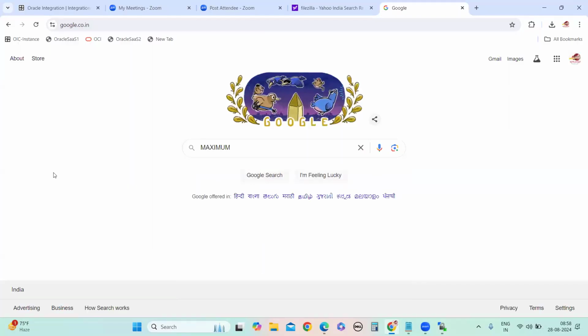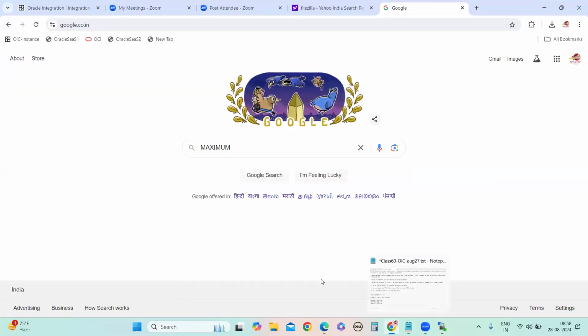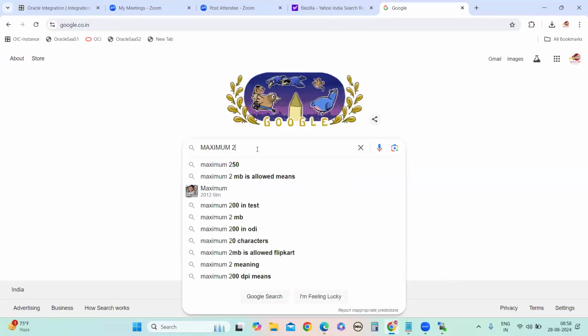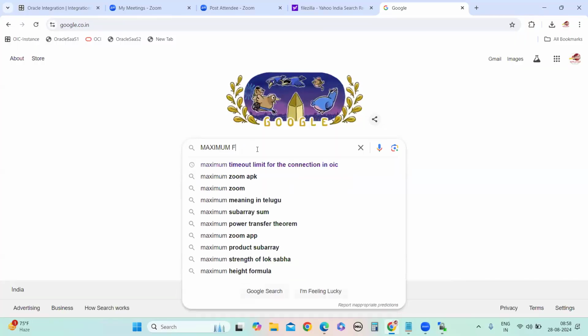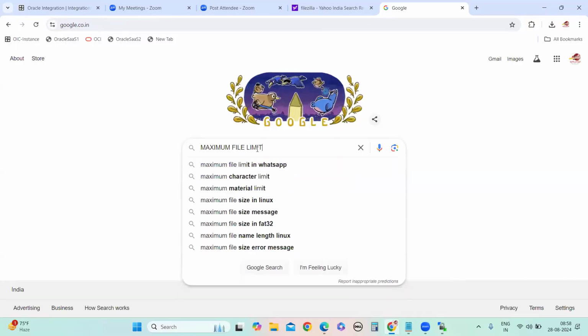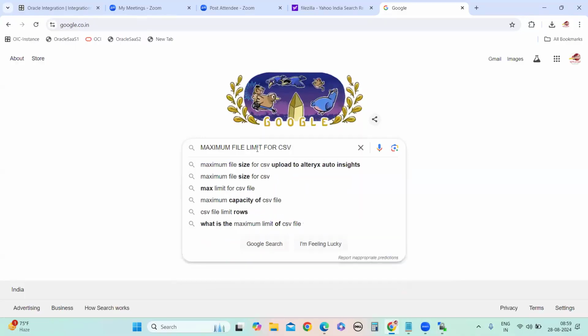But still, for example, if you are attending an interview, they are asking this question. That is the reason I'm telling this. Yeah, definitely they will ask typical questions only. Maximum file limit. Data limit.